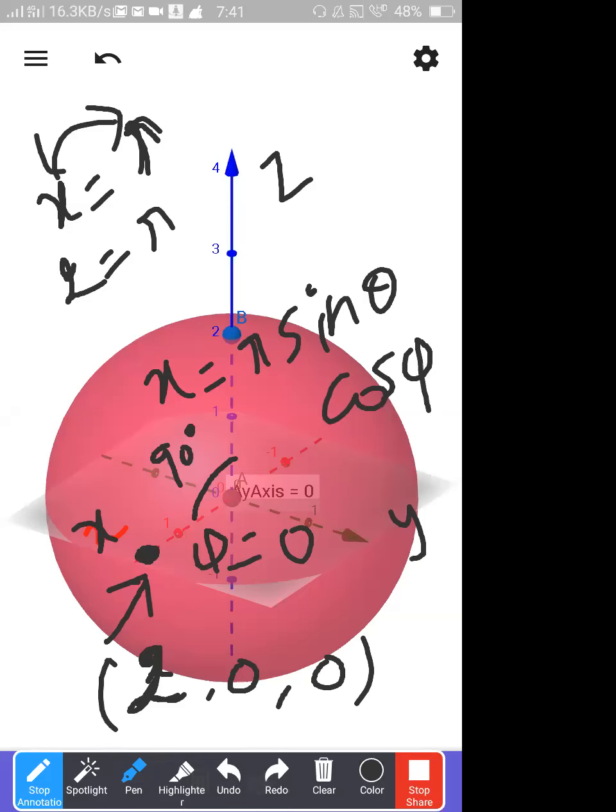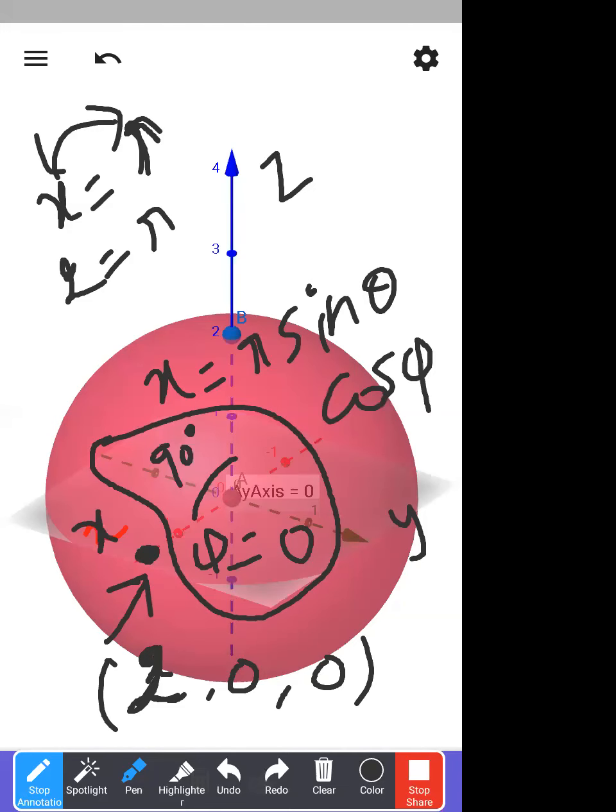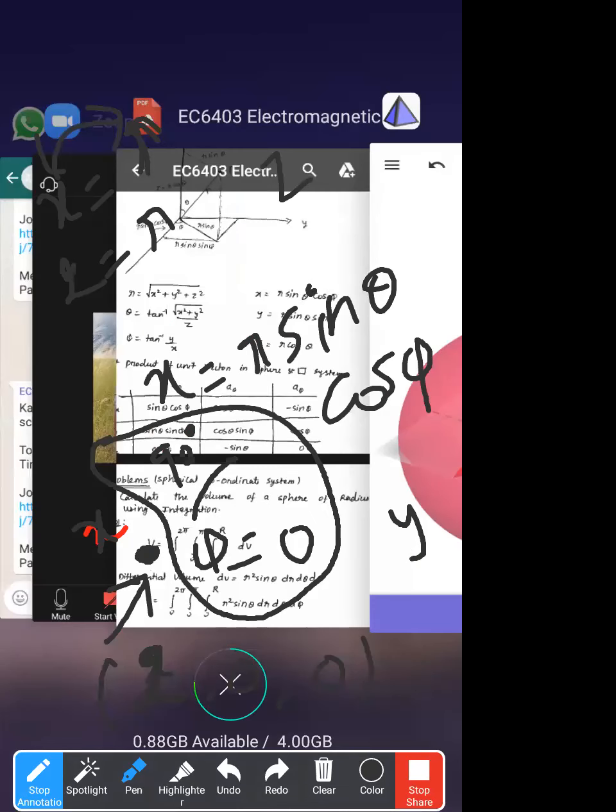What is the equation saying? x is equal to r. Now we have found out what... I have chosen a point. For that particular point, I have found out what is theta and what is phi. If I substitute that value here,